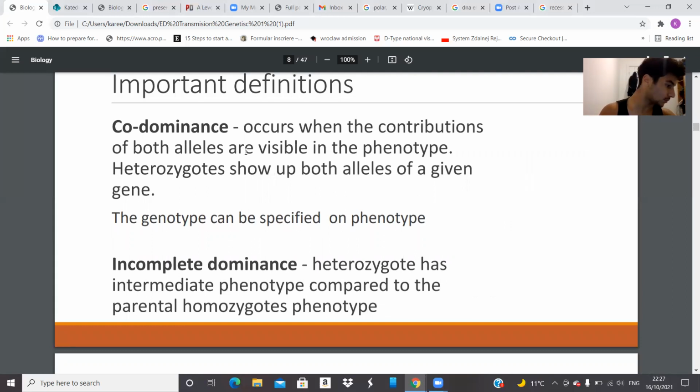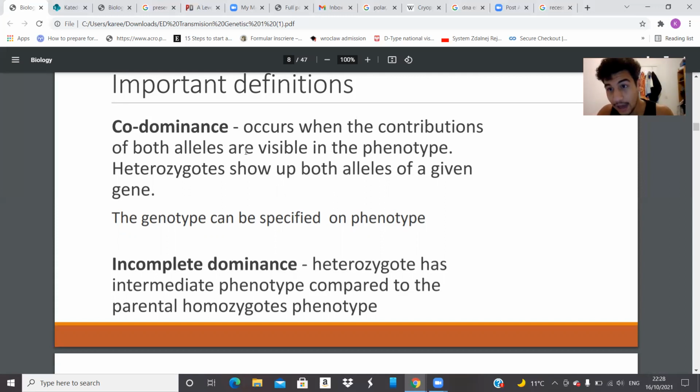So, first of all, let's talk about codominance. So codominance means that you have two alleles and the two of them are dominant. So you don't have dominant and recessive, you have dominant and dominant, okay? So what you will get is,